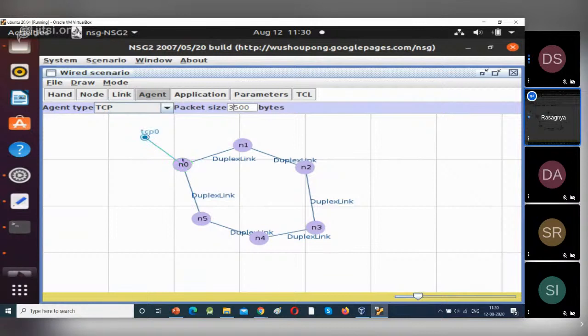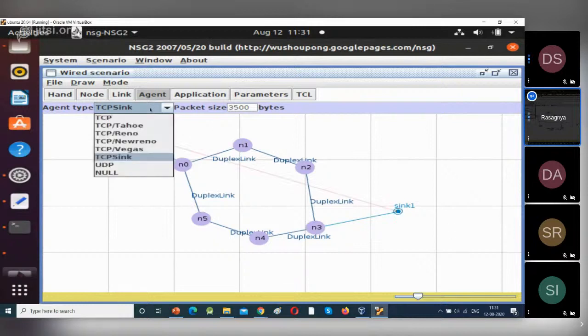For TCP, the receiver will be TCP sink. I want N3 as my TCP sink. Select N3, move and click. The next important step is to connect TCP and sink. Click on TCP, then click on sink. See, TCP is connected to sink.